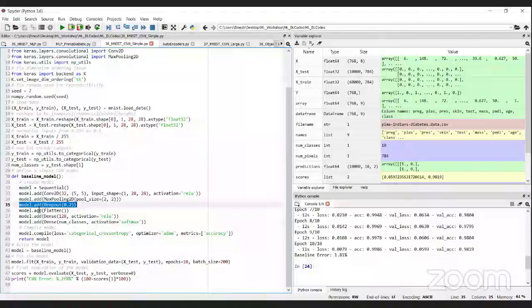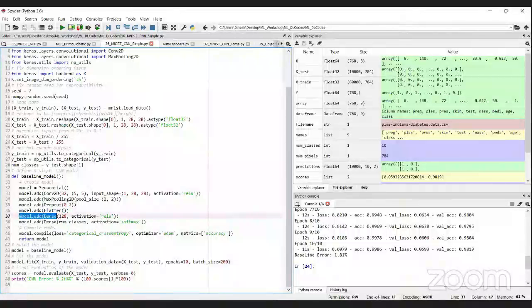One more thing I'm adding is model dot add dropout. Dropout will randomly remove some of the parameters. This is a regularization technique: if your model is tending to overfit, you use dropout to remove some of the learning parameters from the network architecture, so that your network will not get into an overfitting stage. Here I specify 0.2 dropout. After that I'm flattening the data. Whatever comes out of the pooling and dropout, I flatten it. Once the flattening is done, I get a one-dimension vector.